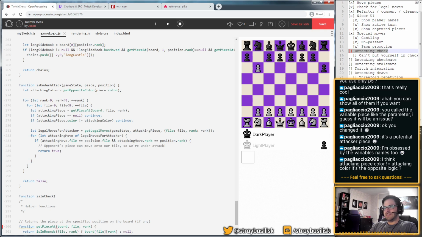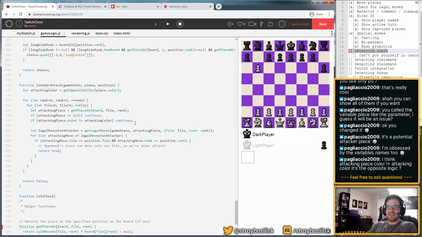But right now, when we evaluate all the rook's possible moves, so if the king's here, the rook's legal move is any tile down this row, but it stops at the king. So it's going to think that this tile is safe for the king because the king in its old position is kind of guarding it in its new position. So does that make sense? I think a hacky way would be to first move the piece to that position, actually move the king in the game state, then do the check, and then move it back.